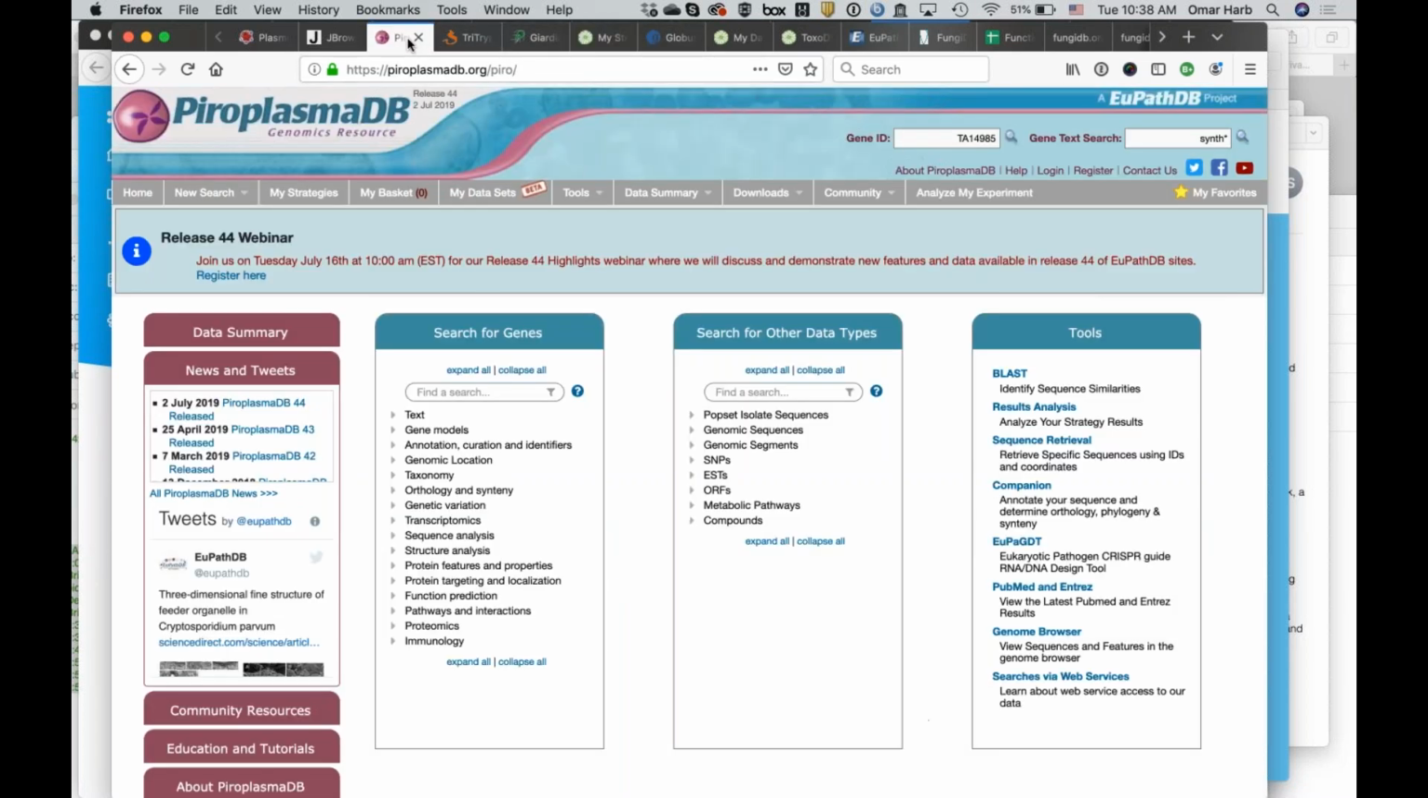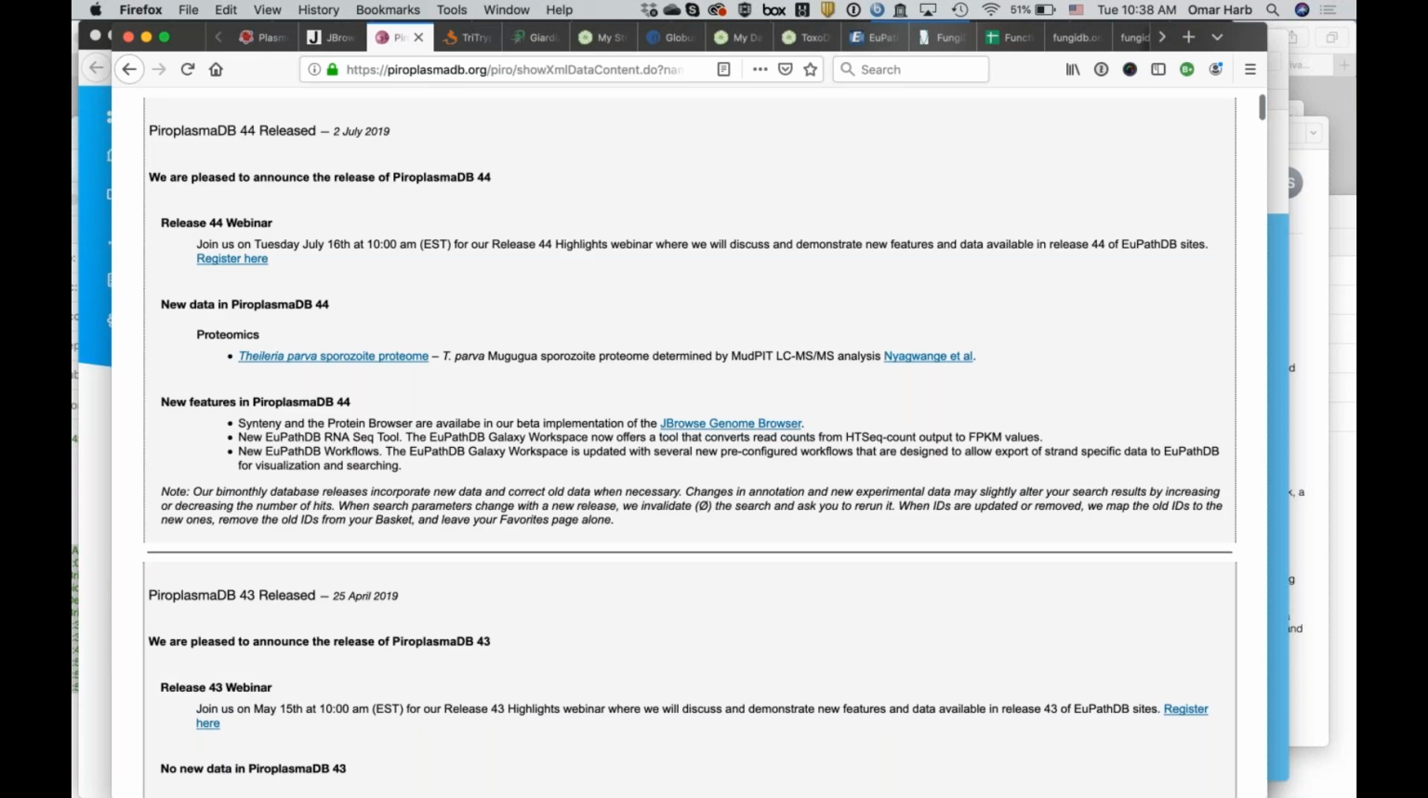Another database that got new data this release is PiroplasmaDB. PiroplasmaDB includes both Babesia and Theileria genomes. For this release, there was a quantitative proteomics data set for Theileria parva sporozoites. It's only one condition,